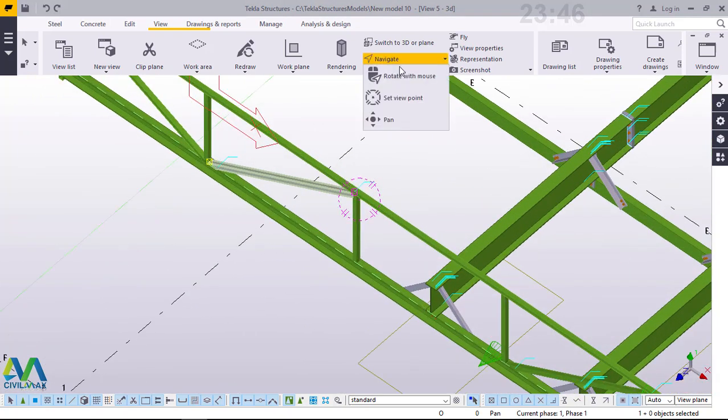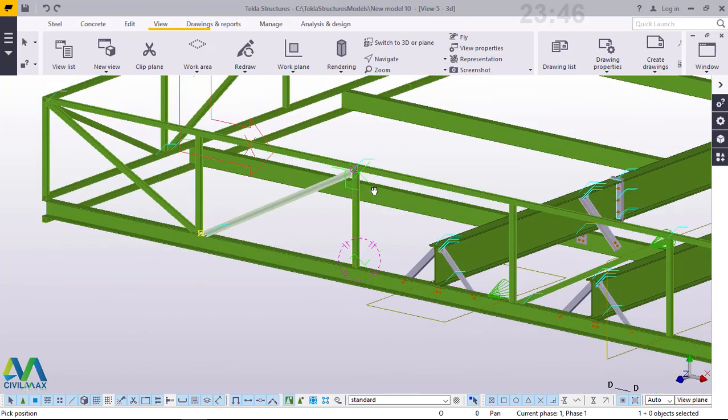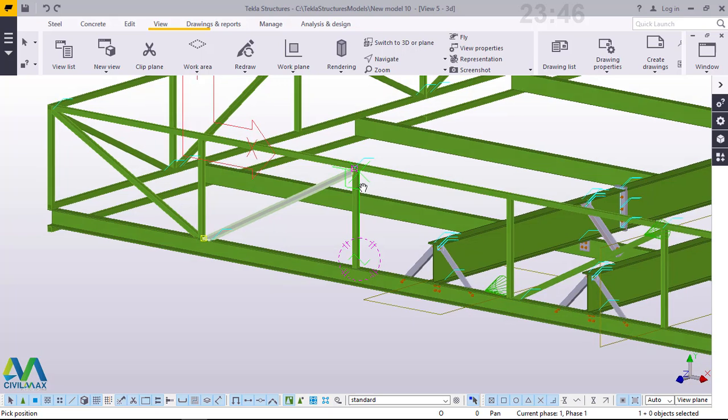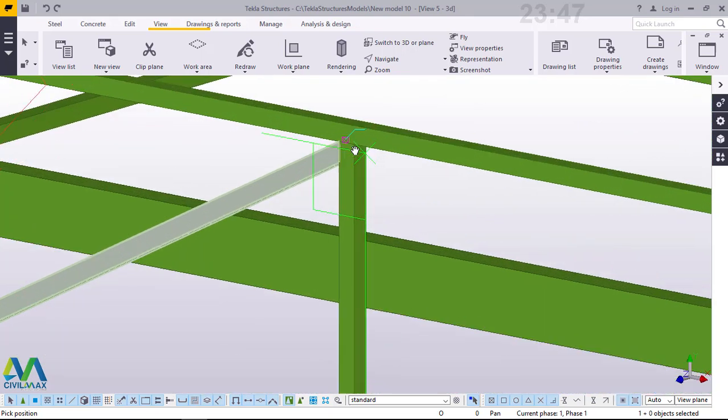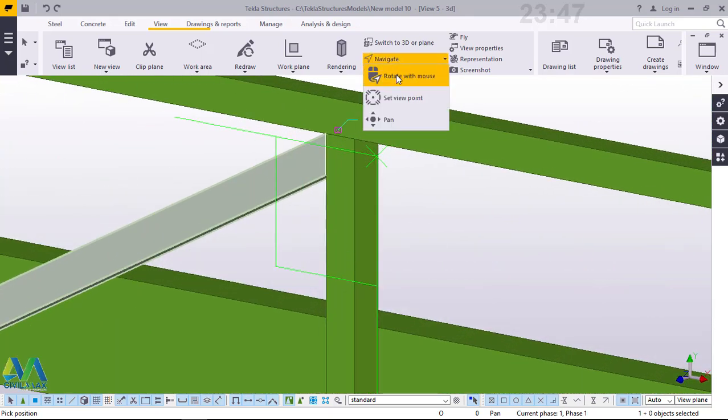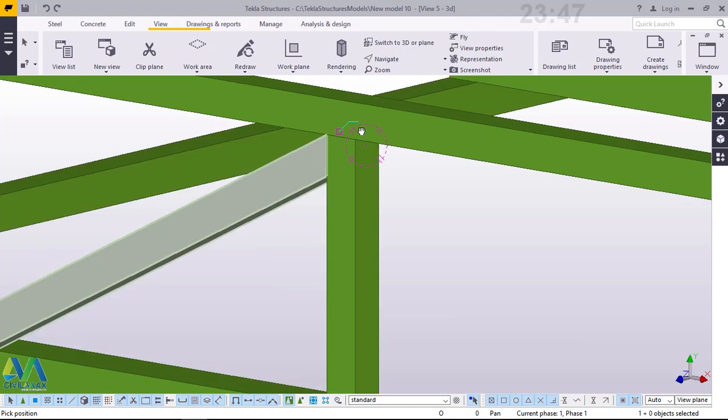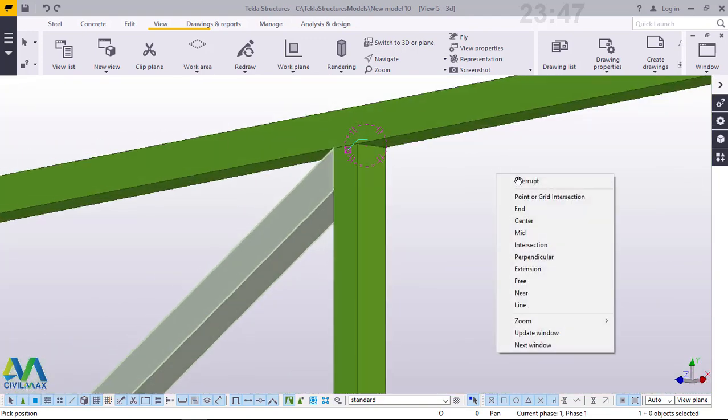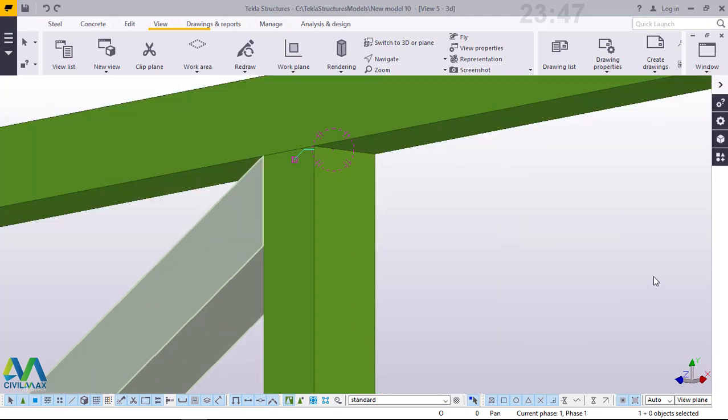Then I'll come to navigate here and pick on that spot and rotate this member. I'll come to navigate here. I want to rotate this from that spot and turn it round like that. Right click and exit, then come to steel